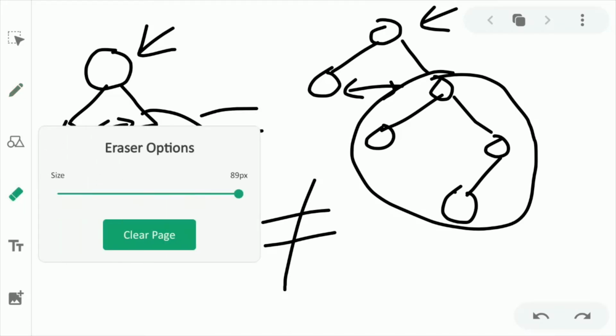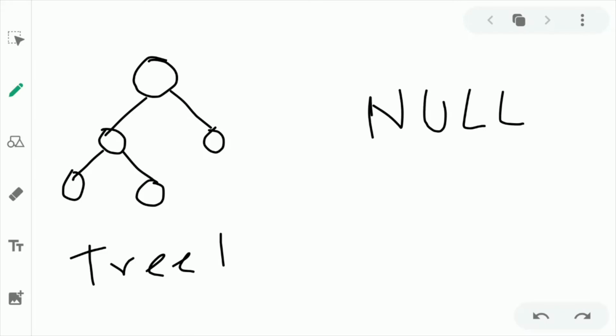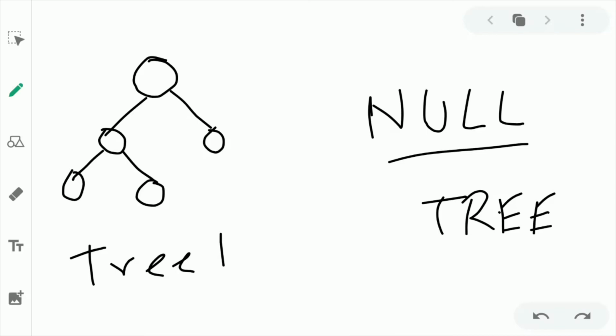Let's say whenever we have one tree over here like this. Let me draw some small trees. One tree is like this, and this is tree 1, and we have nothing but a null node over here. This itself is tree 2. So can we say this one and this one are equal? Because here we have a node, this node, but here we have just a null node. So this means what? They are not same.